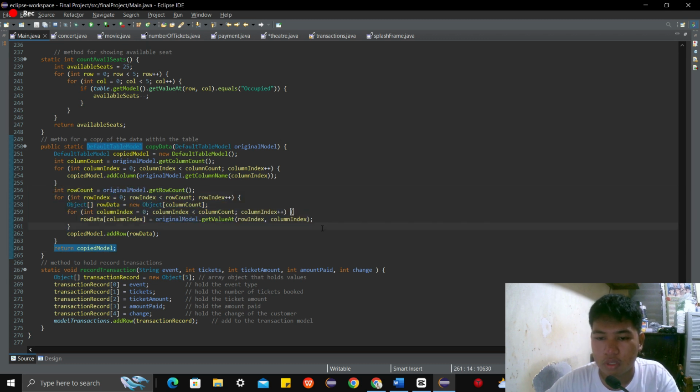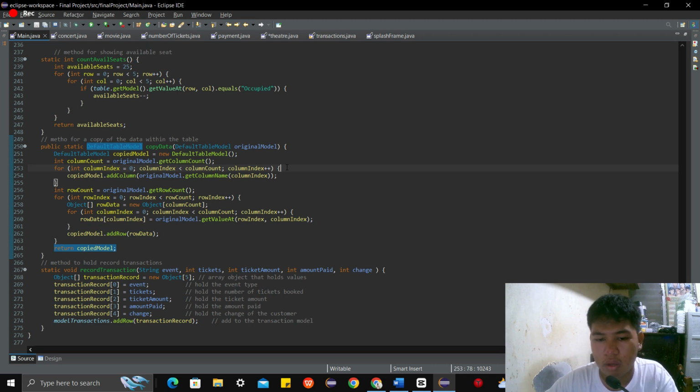For each row, it creates a new array called rowData to temporarily store the row data. Then it loops through each column in the row, retrieving the value from the original table and placing it in the corresponding position of the rowData.